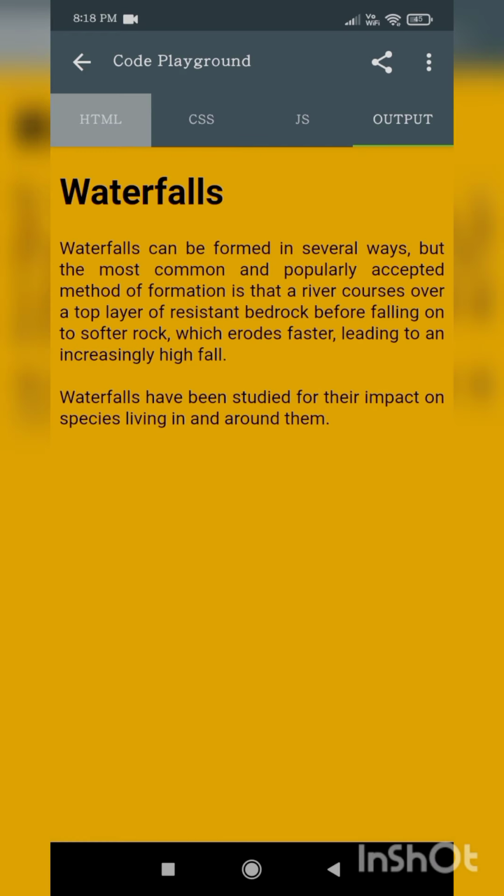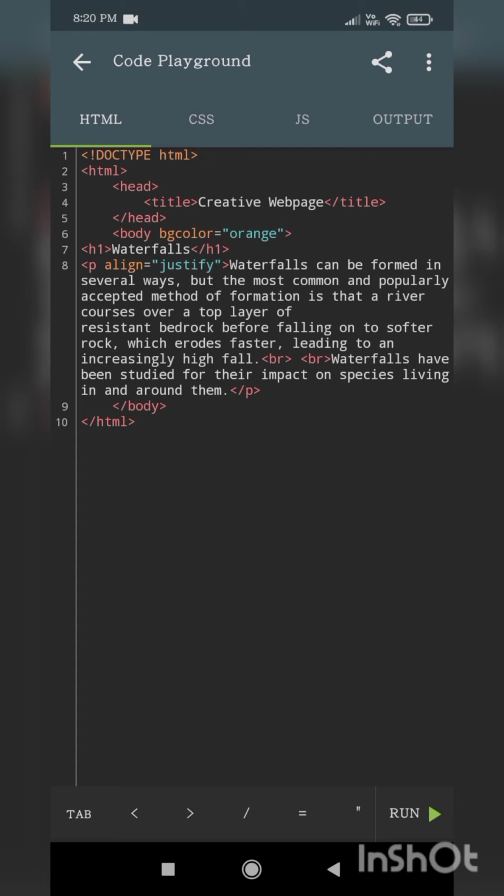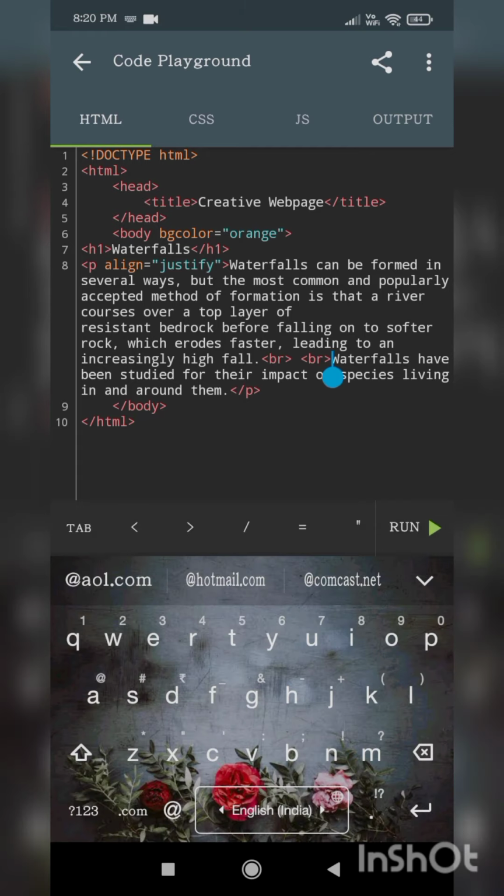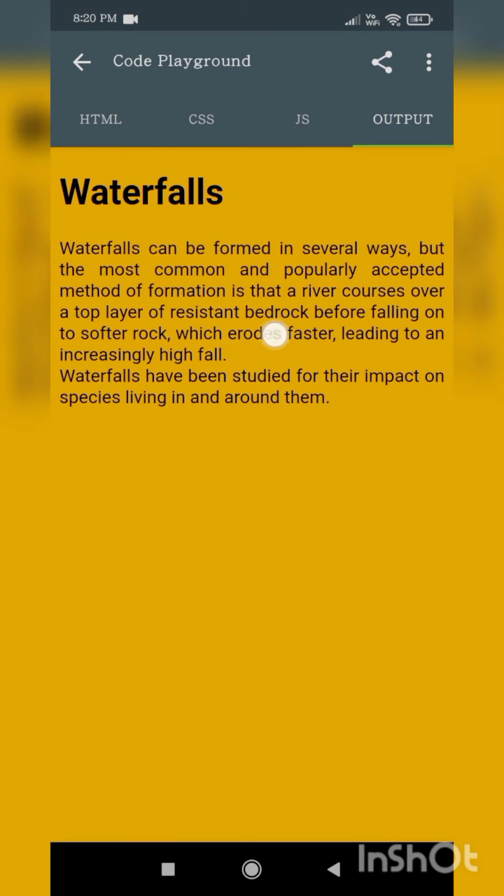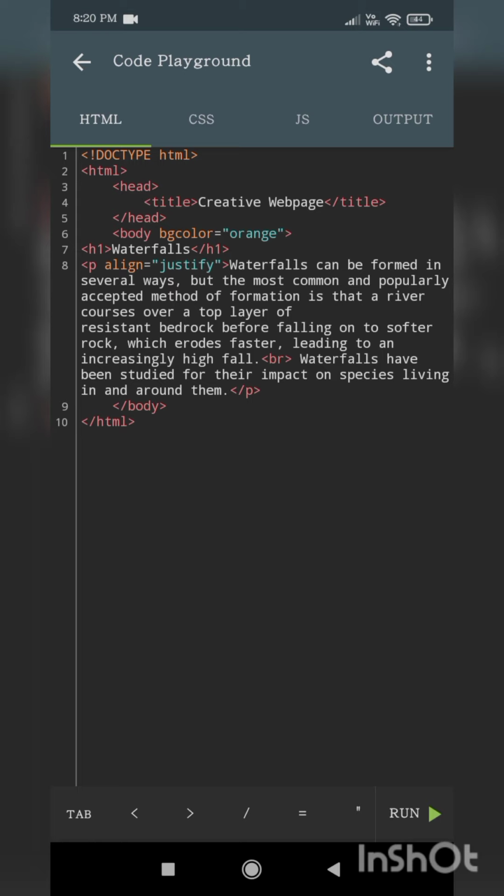Gap you will get. So here I want to use only one break tag, no? So here I will remove this other break tag. Okay, then let us see, you will get only the next line. Yes, so this is about the break tag, and this break tag is an empty element. Friends, in the before introduction video I have explained what container elements and empty elements are. Did you remember?